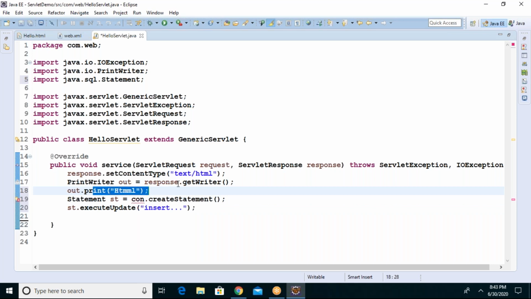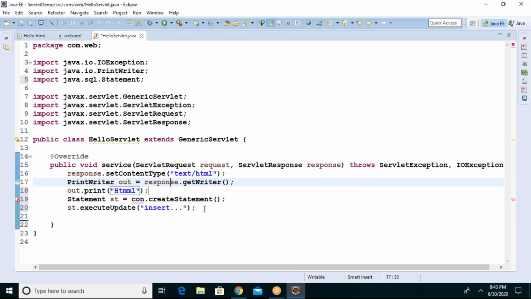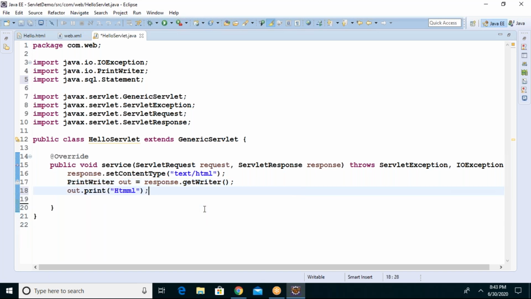Similarly, when you write some HTML code, it will reach the response. Response is nothing but it will go back to the client's browser. Who sent this response to the client browser? Servlet container. You remember yesterday I told you the servlet container will convert this response object into an HTTP response and send it through the network, from the server machine to the client machine.